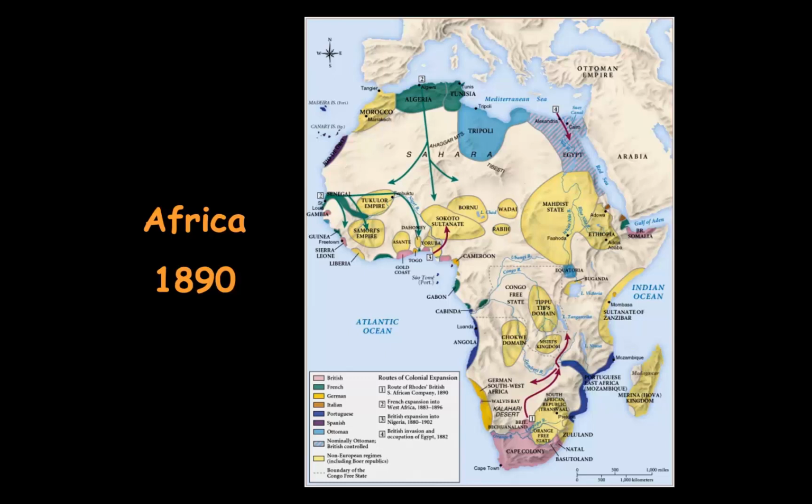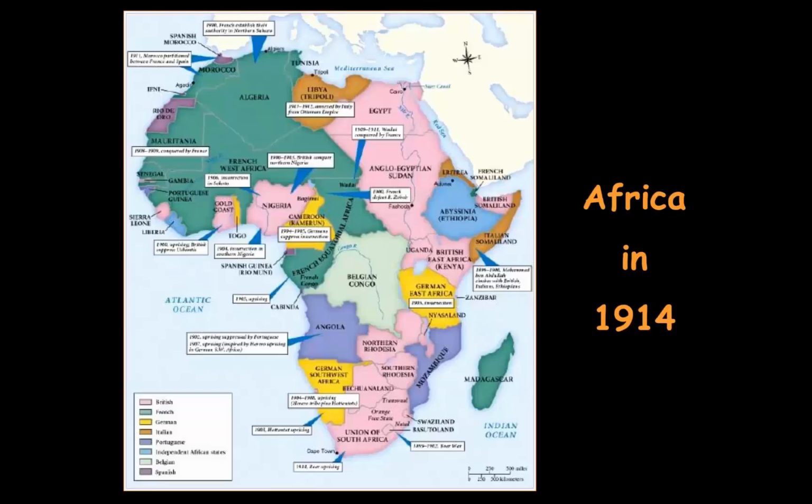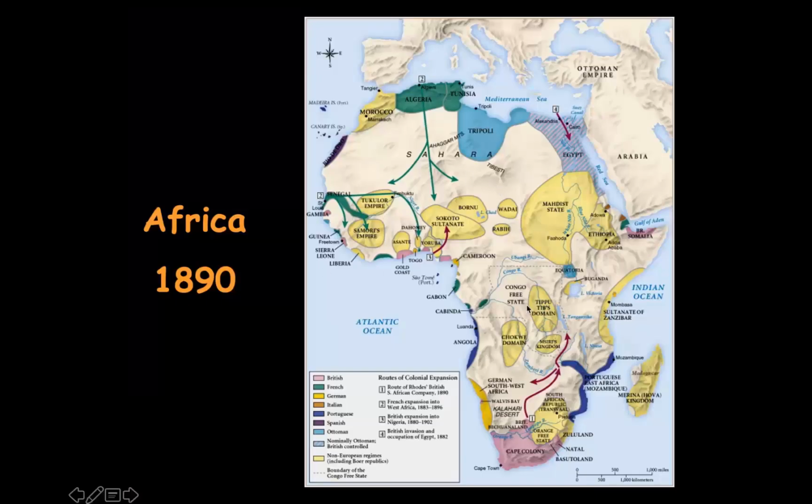The leaders of these Western European nations are going to meet. And when they meet, they're going to discuss how to do this. This is what Africa looks like on the eve of World War I, 1914, and you've got a very peaceful, not for the people that live here, okay, I don't want to make that claim, but for the Europeans, the British, the French, the Germans, Italians, Portuguese, the Belgians, and the Spanish are all going to agree in 1890 to go into Africa and not fight each other for what they want.